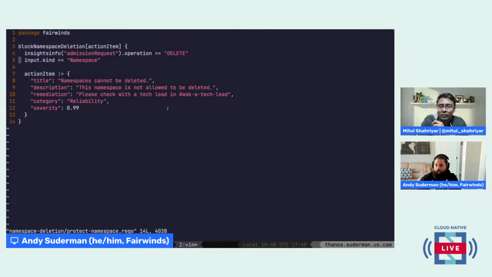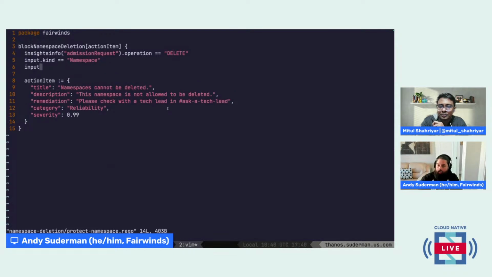We could also add things in here like input.metadata.name equals infrastructure. You can't delete the infrastructure namespace, or the kube-system namespace. Not that you would try, I hope, but you can add a lot of different stuff.